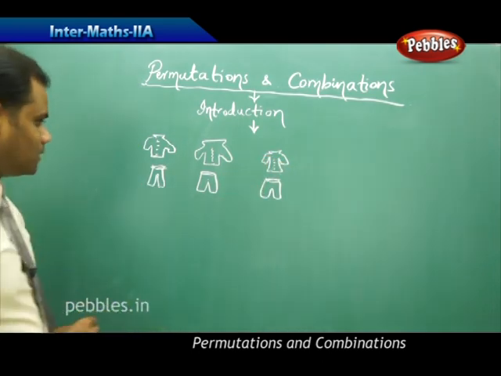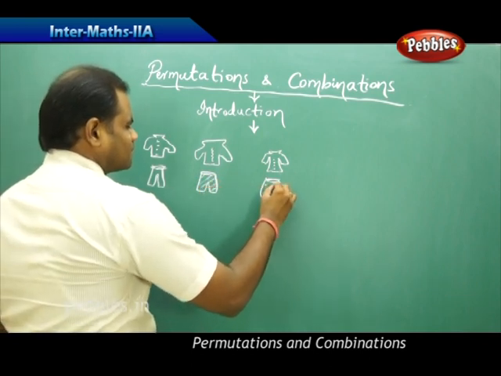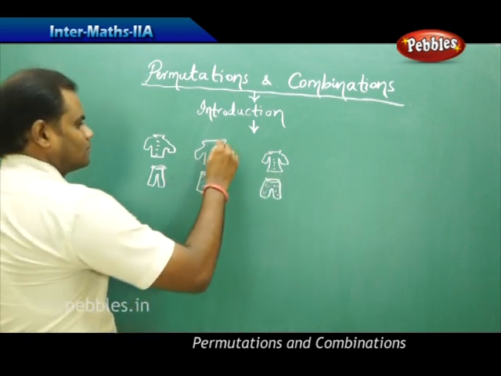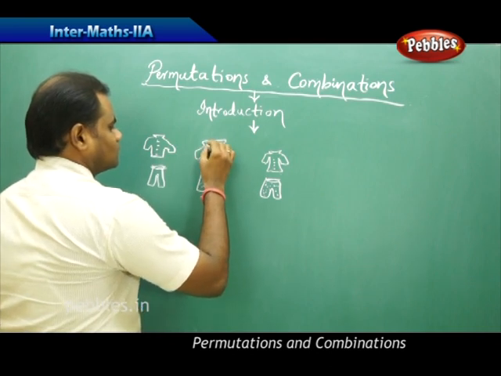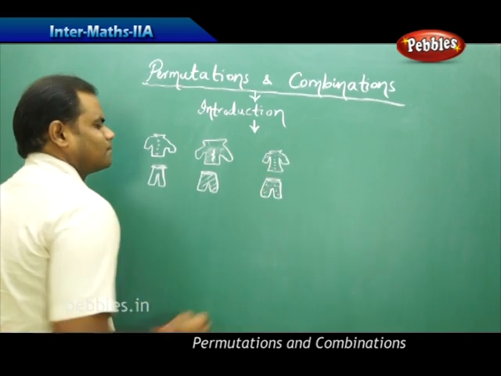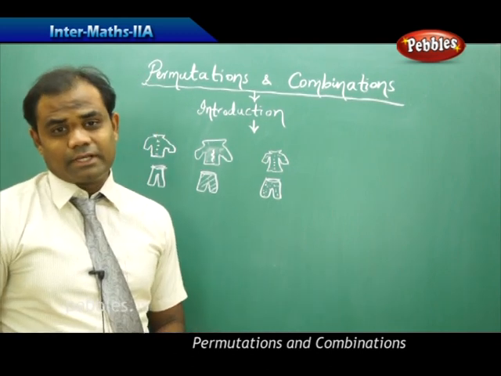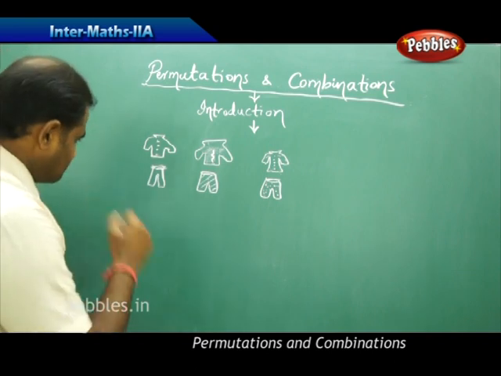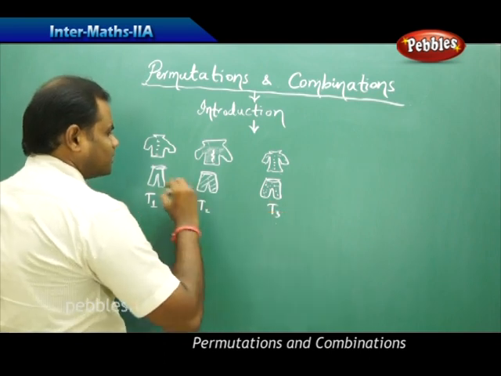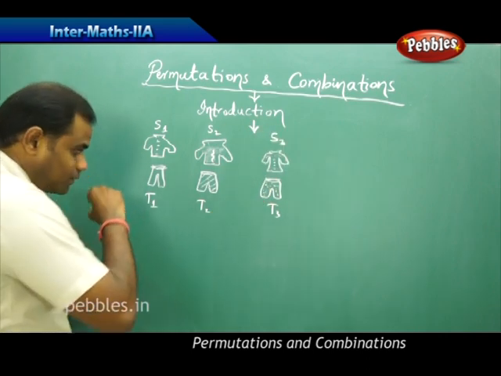Now, so these are the 3 sets of trousers as we see here. Now, I want to see how the permutations and combinations are understood with this example. Say for example, this is trouser 1, trouser 2 and trouser 3, and this is shirt 1, shirt 2 and shirt 3 are the 3 basic set